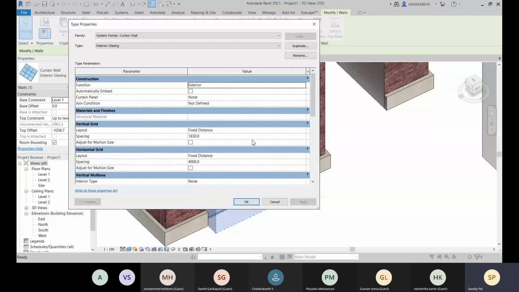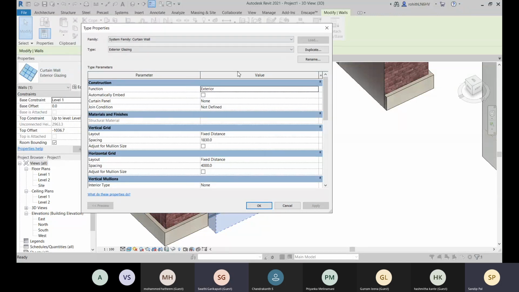Yeah, sir, can we learn about curtain wall tomorrow, sir? Because till now it is all definitely clear, and till stack wall it was all clear. Stack wall itself is a little confusing. Then can we know about curtain wall tomorrow, sir? Definitely. Just give me 2 minutes to finish this.